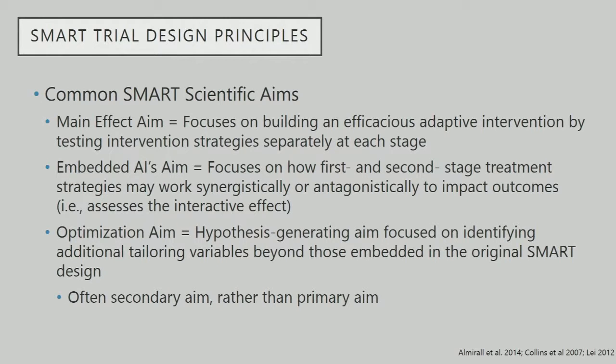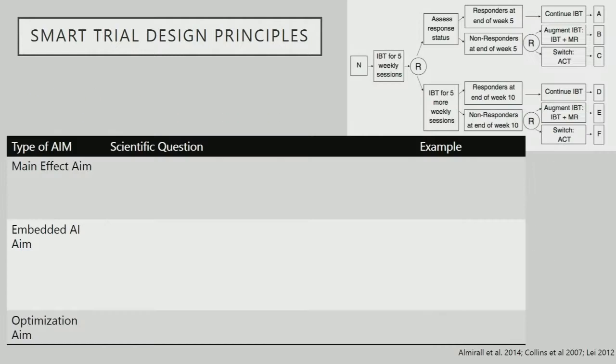And then the third aim, which is often a secondary aim, is an optimization aim, where you can look at tailoring variables that you didn't consider in the original SMART trial design, but that may be relevant for the design of the adaptive intervention. So I think it's helpful to look at an example, and this gets a little bit